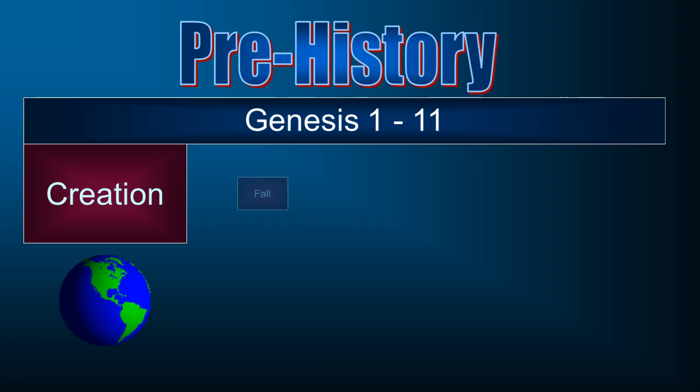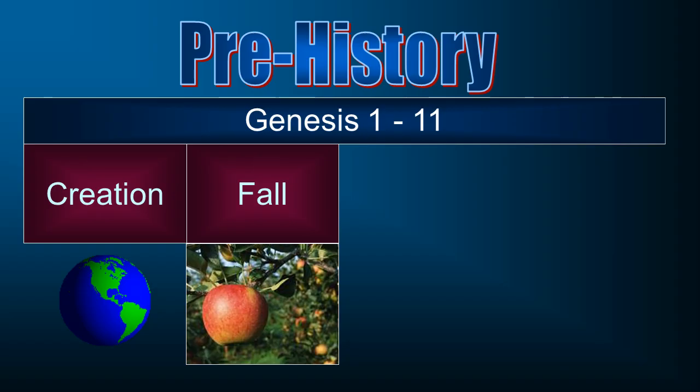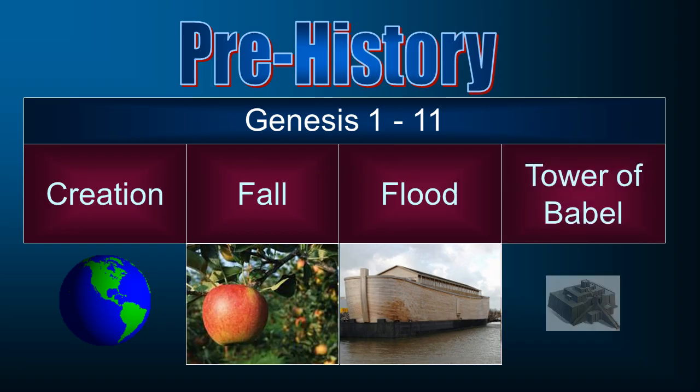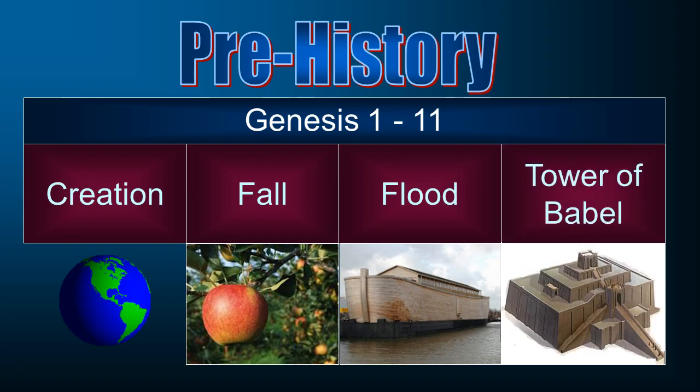Next, in Genesis chapter 3, we have the fall. I guess we could say even chapter 3 and maybe chapter 4 too. It's hard to know exactly when to divide that, but the lead up is in chapter 5, but then chapter 6 through chapter 9 is the story of the flood, both before, during, and afterward. And then in chapter 10 and 11, 10 tells you what happened, chapter 11 tells you how it happened, the story of the Tower of Babel.